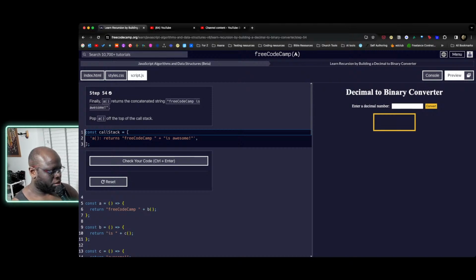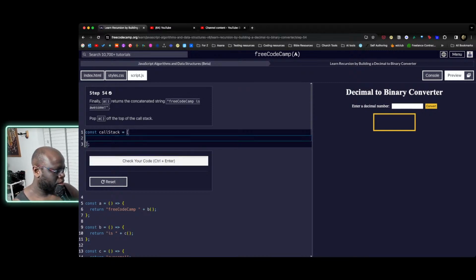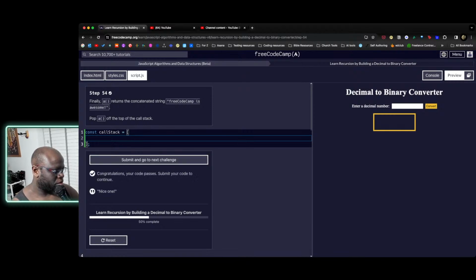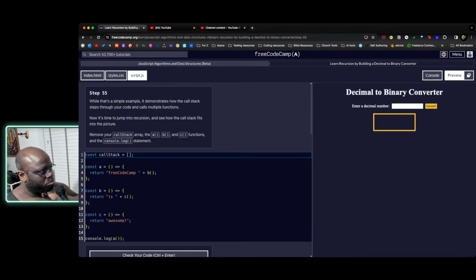So here we're popping off the last one. The call stack. And we did this yesterday. So while that was a simple example,